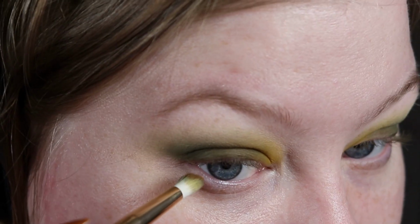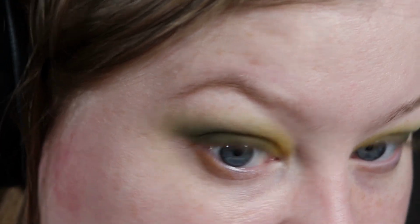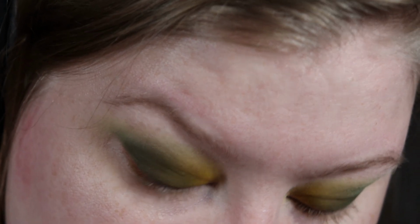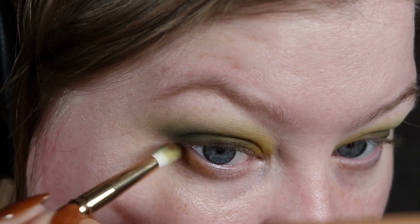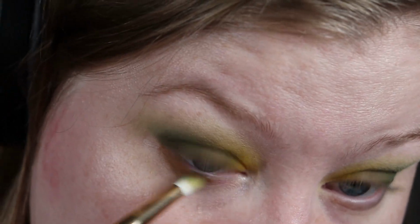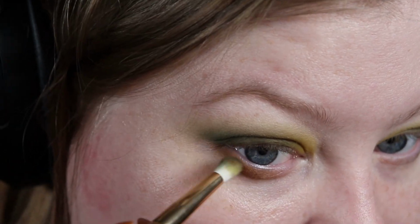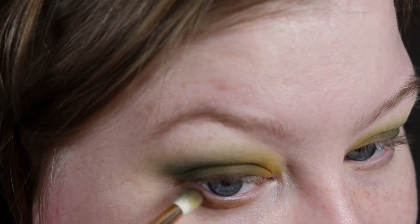CB3, and I'm just going to apply that right under here. And it's basically just because I feel like I'm wearing very colorful greens, so I want to ground it to make it a little bit more on the neutral side again. Not that this look is going to be neutral, but